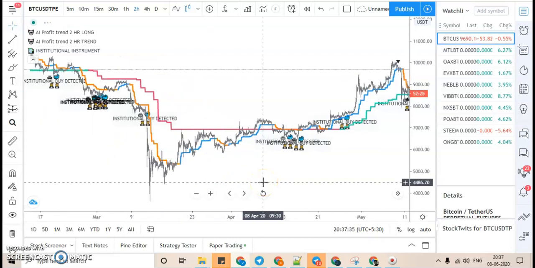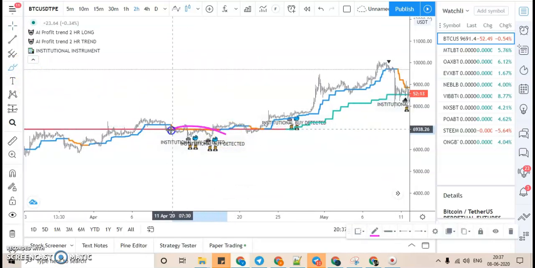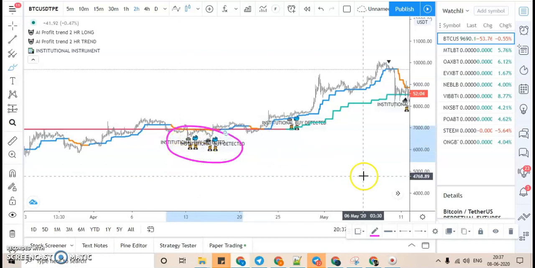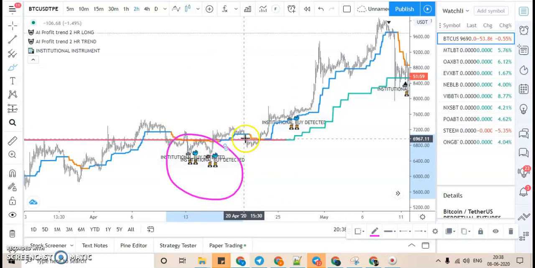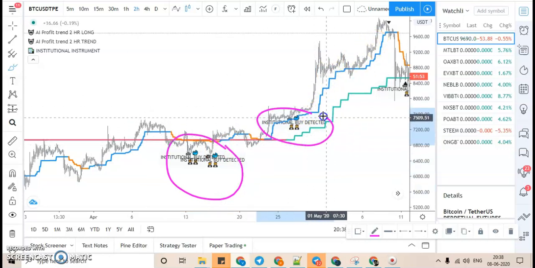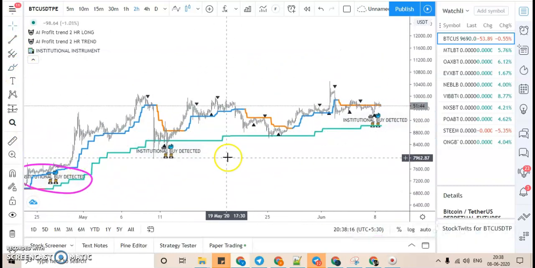As I told you guys, there are institutions, big buyers and whales, and they will start affecting the price. Look what happened here. The institutional investors came here. If you are not using this particular algorithm, you never know they were buying here. But now we know that these guys are buying here. Look what happened to the price after that. It rallied. The institution also bought here. Look what happened to the price after that. It rallied. This particular algorithm will always give you the right buy and sell signals.